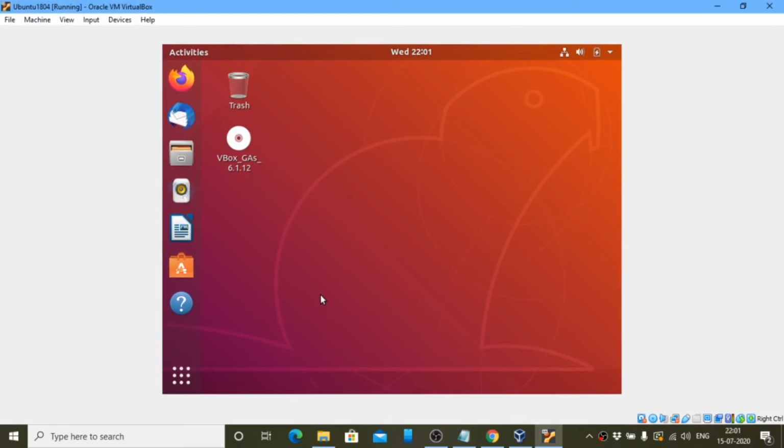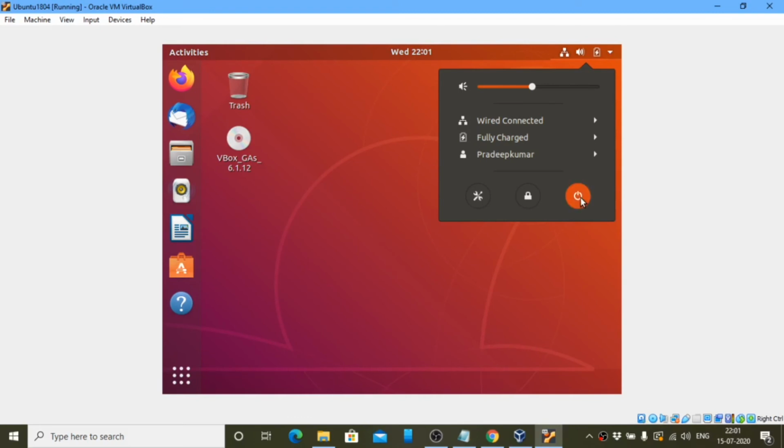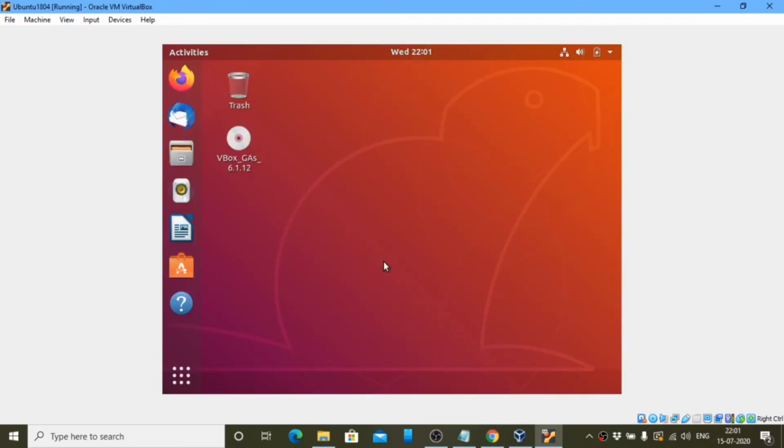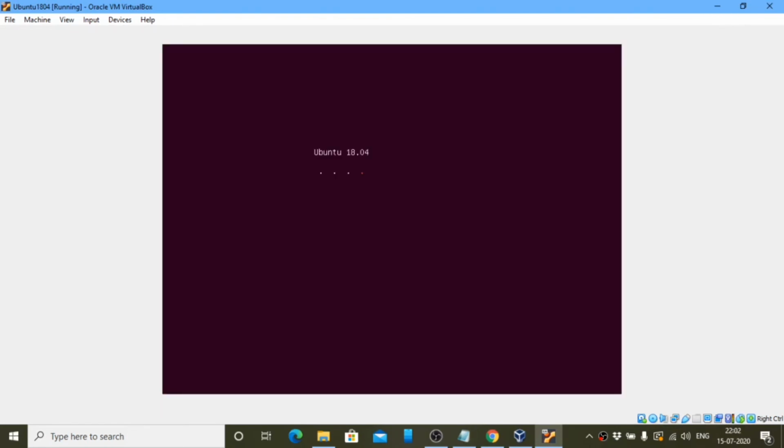Now what I do is let me restart this. Again I restart. So go to the top, there's a power off button, click and click restart. Since I have given a memory of just 2 GB and only one processor, according to one processor and 2 GB RAM, that is the speed you can expect. If you are having 16 GB RAM in your Windows computer, then you can give 4 GB RAM for Linux. In that case both the OS will be very fast.